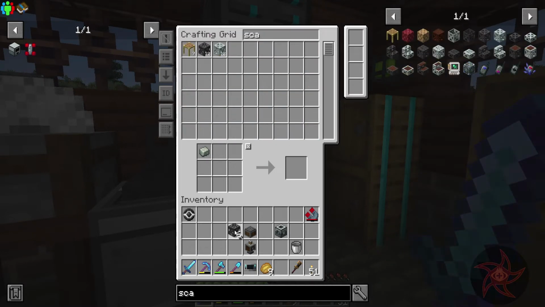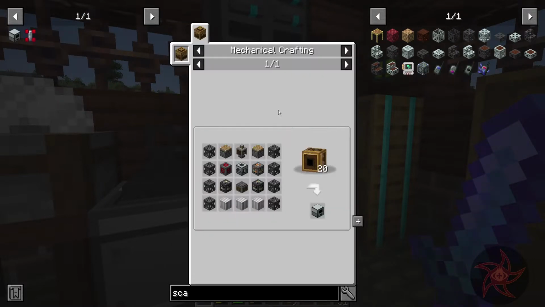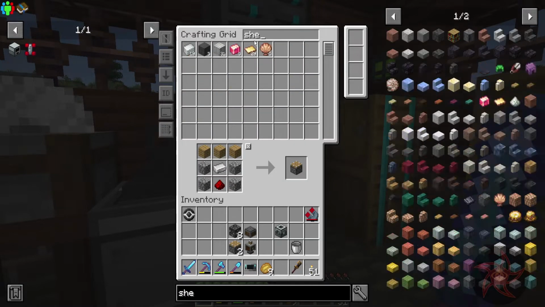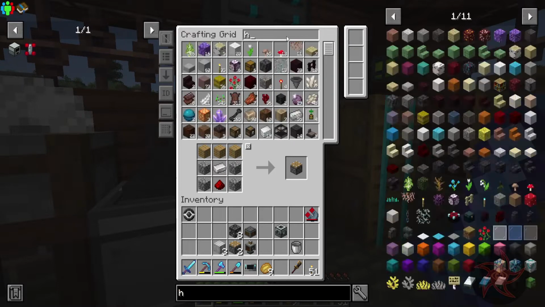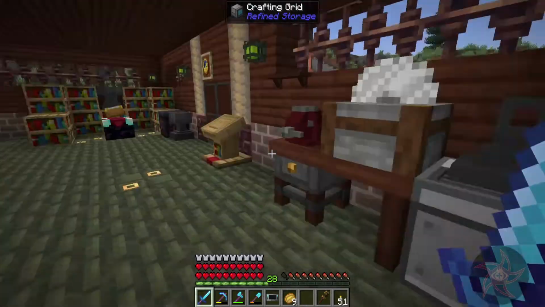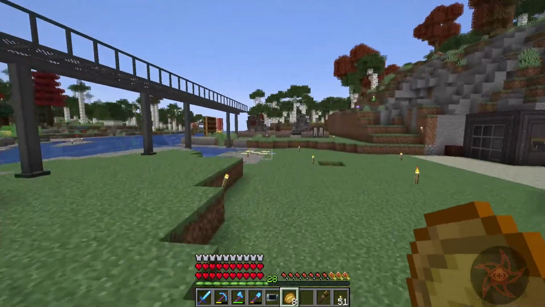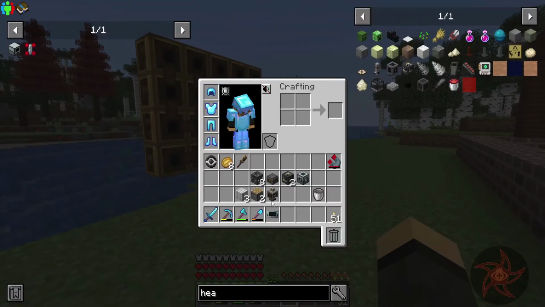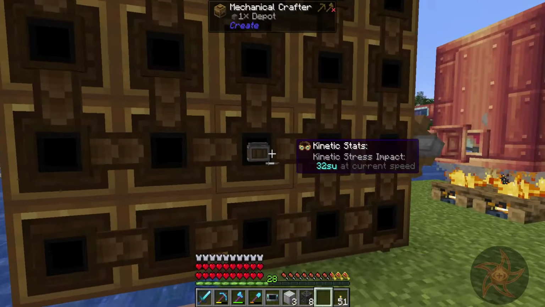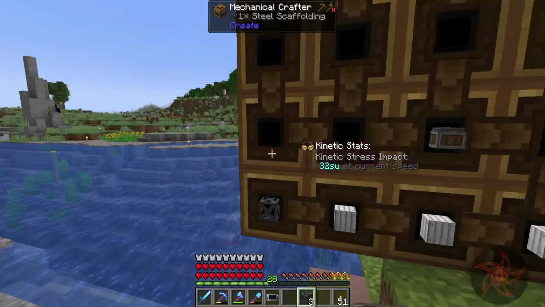Need 8 scaffolding. Need 2 pistons, okay. And sheet metal. Oop. Times, oop, not you, you, times 3. And then heavy engineering blocks. Times 2. All right, perfect. And let's go ahead, get over here now. So you were there. That was weird how that one didn't render in, but...